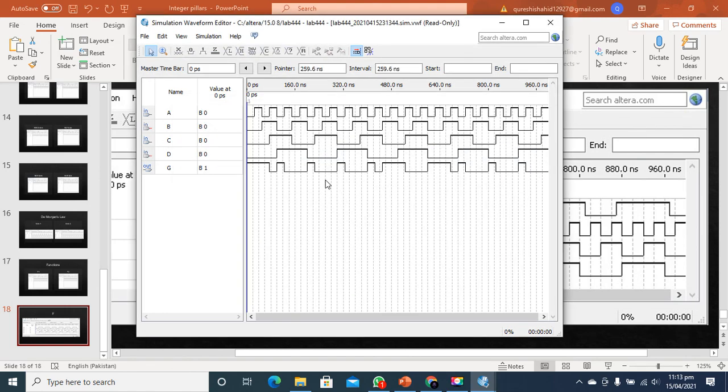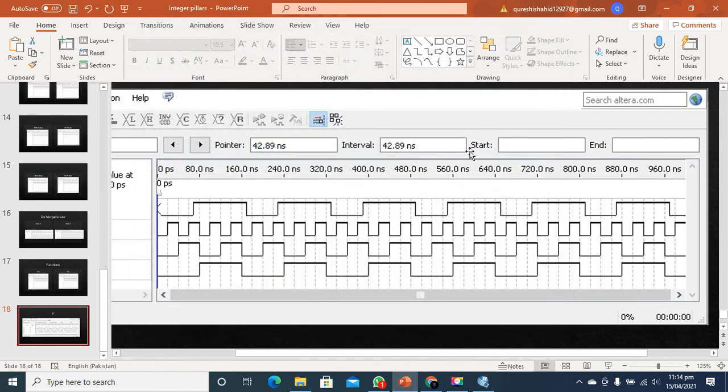So here is our waveform, and we will easily verify each of the combinations that were applied at the input by the help of the truth table that was discussed in the previous lab. So in this way we can easily implement the Verilog code by the help of the Quartus software.